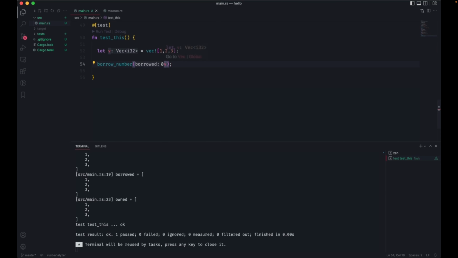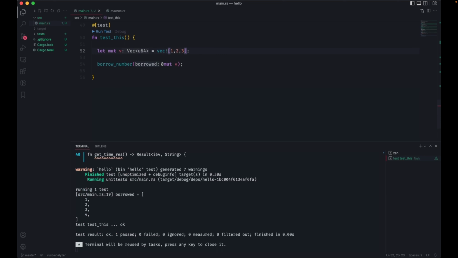So in this case, I'm going to need to make things mutable. I need to make this vector, first of all, allow it to be mutable, and then I need to pass a mutable borrow to it. We won't get too much into that today, but this is possible. You see now it's printing out 1, 2, 3, 4 instead of 1, 2, 3 in my borrowed.